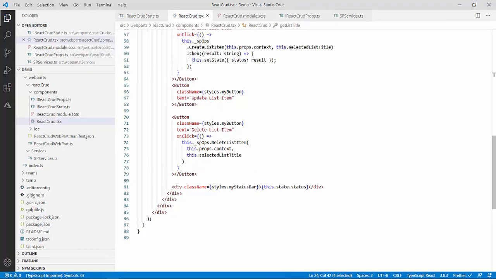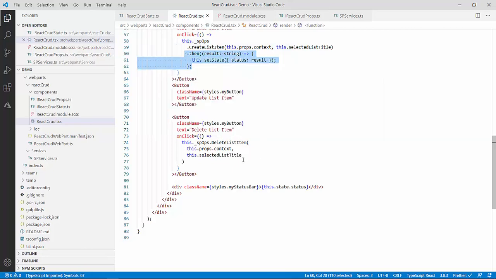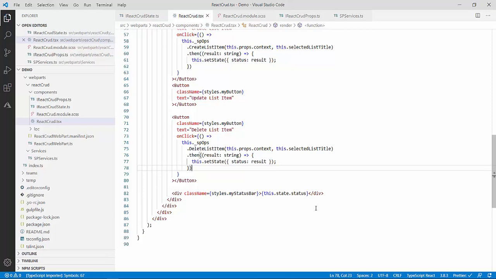So I will go back to my component file, and over here you can see these things remain the same. I will just copy it from here, because I will not write this code again, because in the same status bar I will update it. So this is my delete. After this, it will update my status bar with the message that item with this id deleted successfully. So we are done. We will directly go and test our code.